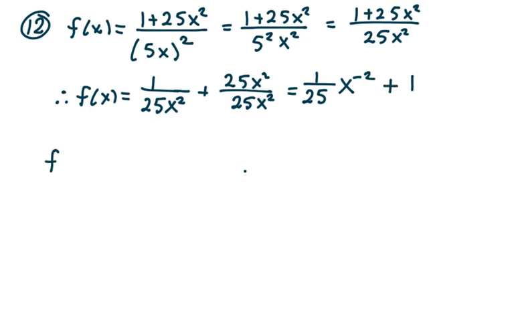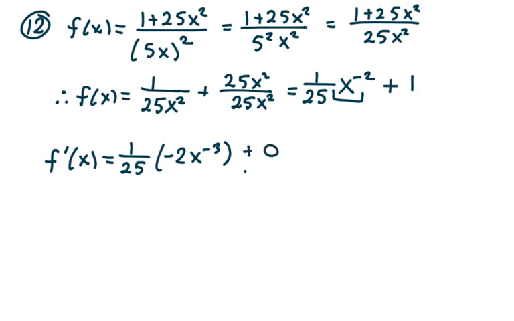Okay, so notice it took a little bit of work to simplify this to a point where we could take the derivative. Okay, we don't have a lot of machinery right now. And notice I call it f prime of x. Okay, and so this is 1 over 25 times negative 2x to the negative 3, right? That's the derivative of x to the negative 2. And then the derivative of any constant is 0. So this is negative 2 divided by 25x raised to the third power,